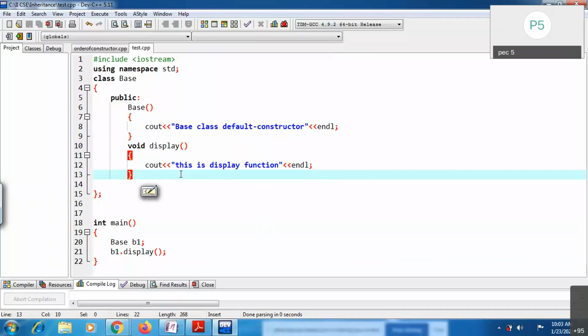For example, deriving one class, the class name I'm taking is Derived. You can take any name, but I'm just taking Derived, from the base class. I'm just deriving one more class, Derived.